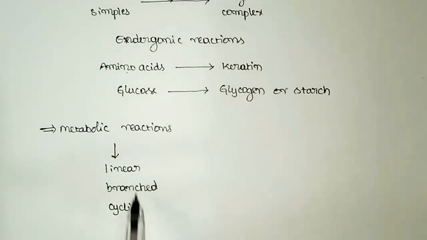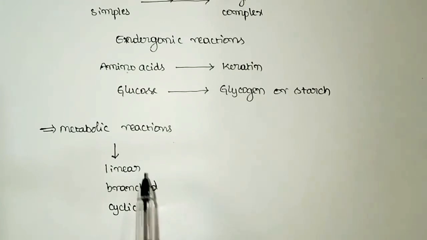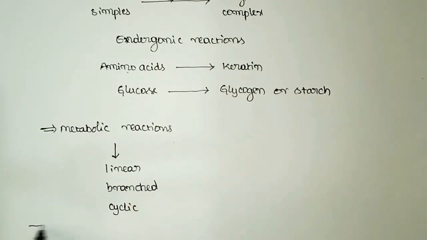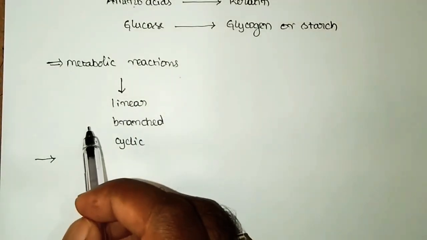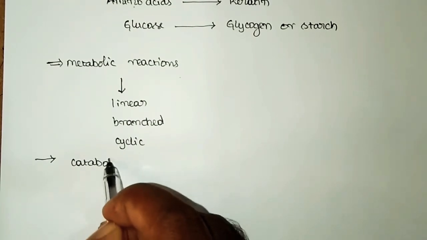So these are the three ways through which the metabolic reactions will proceed: either linearly, or with branches, or the reaction may be cyclic. And if you want to sum up the types of metabolism, in case of catabolism,